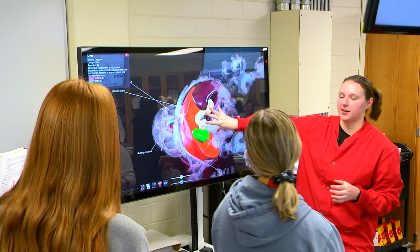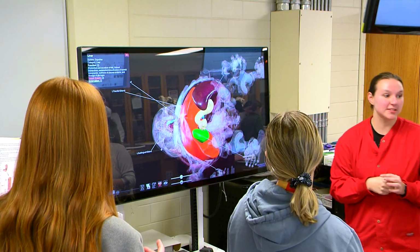But like, what would be right here? What's in that empty spot? The stomach. Using this in animal science classes, it's a new way to introduce the different models into the animal